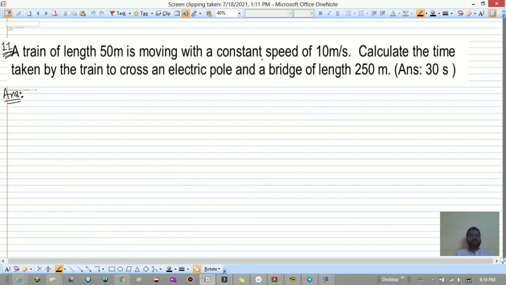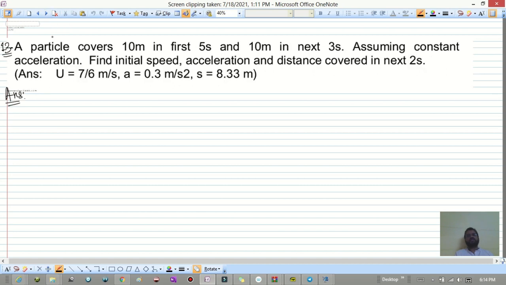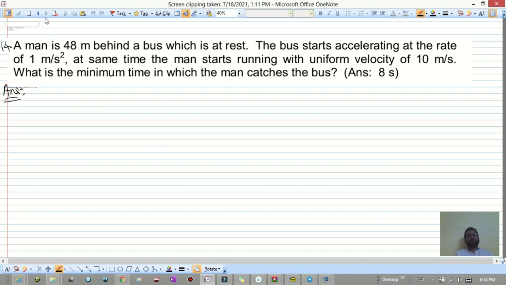So this is the 11th question we have: a train of given length, calculate the time taken by the train. Then the 12th question, then the 13th question, then the 14th question. All these questions, try to solve